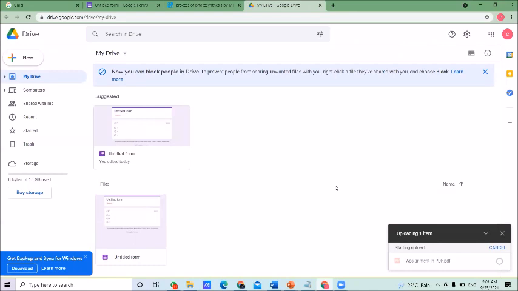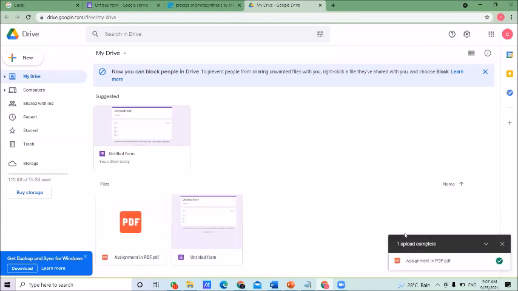Then in the right bottom corner, they give the message Uploading. Once uploaded, it says One upload complete. That's the message that tells you whether it is uploaded or not. Then look at the middle area: Assignment in PDF.